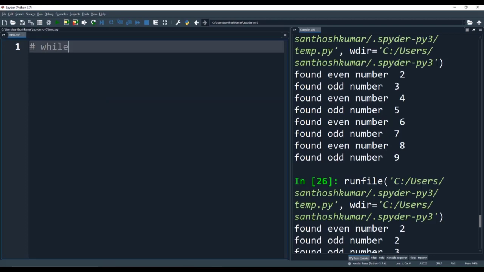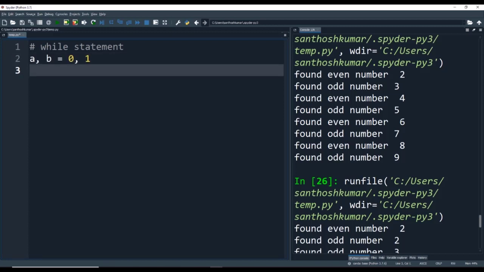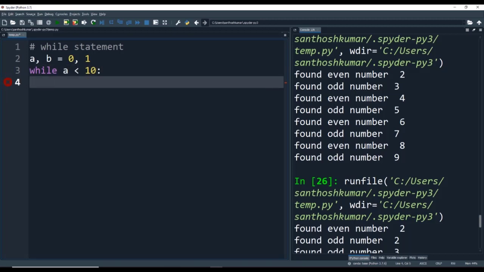Finally, let's get into the demo of the while statement, wherein we can see how a Fibonacci series can be generated. In order to do that, I am assigning values 0 and 1 to variables a and b respectively, using a single line statement: a comma b equal to 0 comma 1. I am using the while statement, and the condition being a less than 10. As long as the condition is true, the statements within the while loop would be executed.